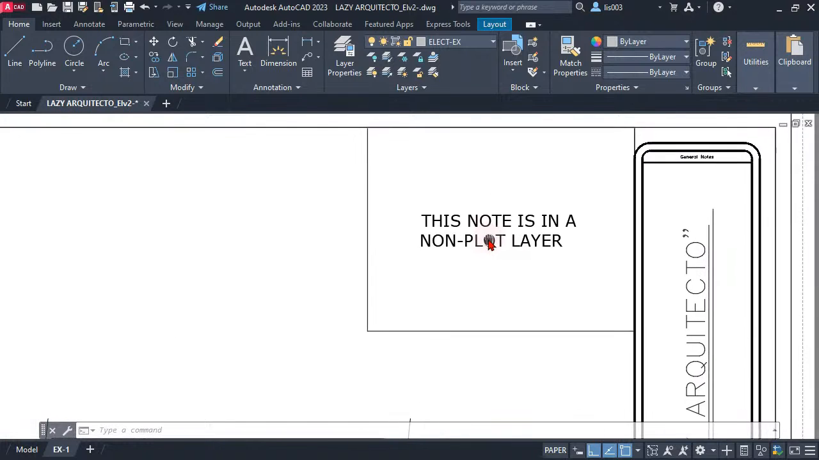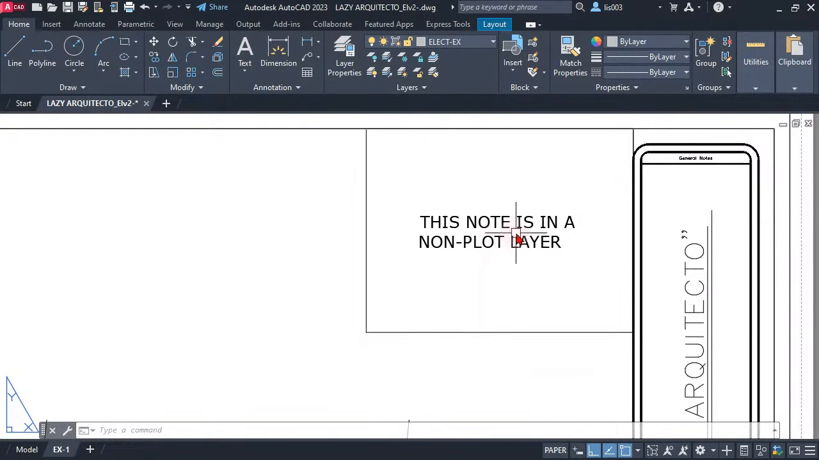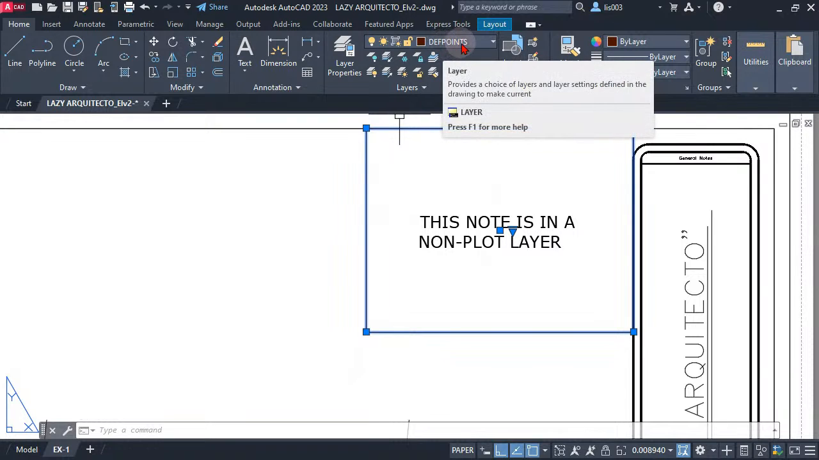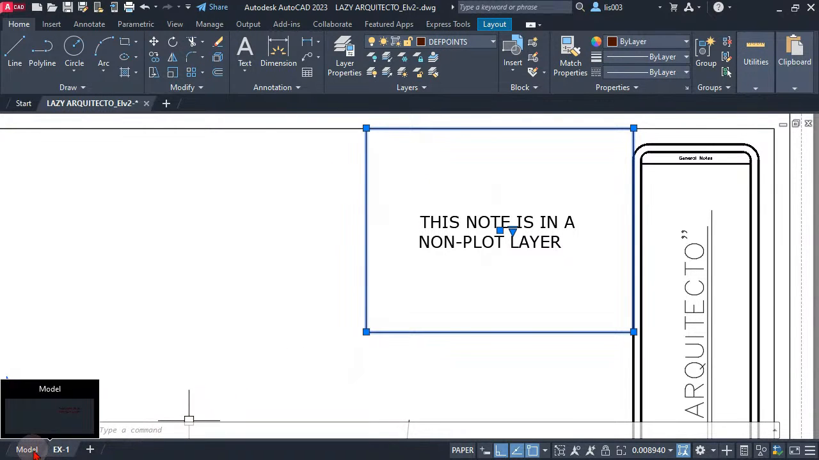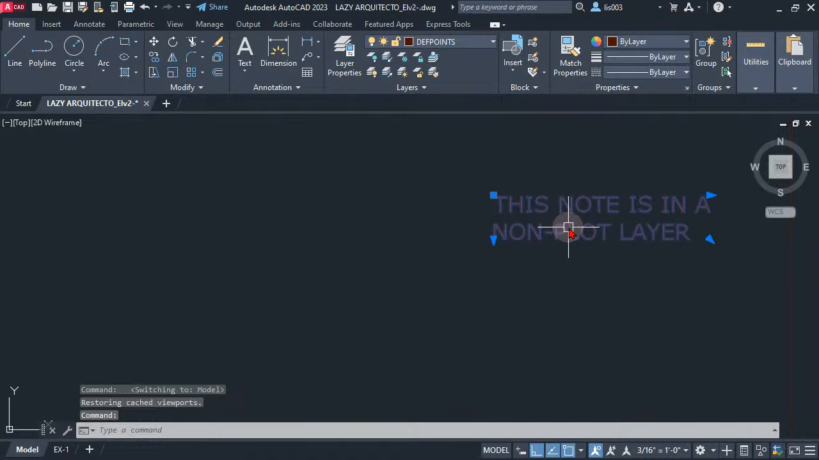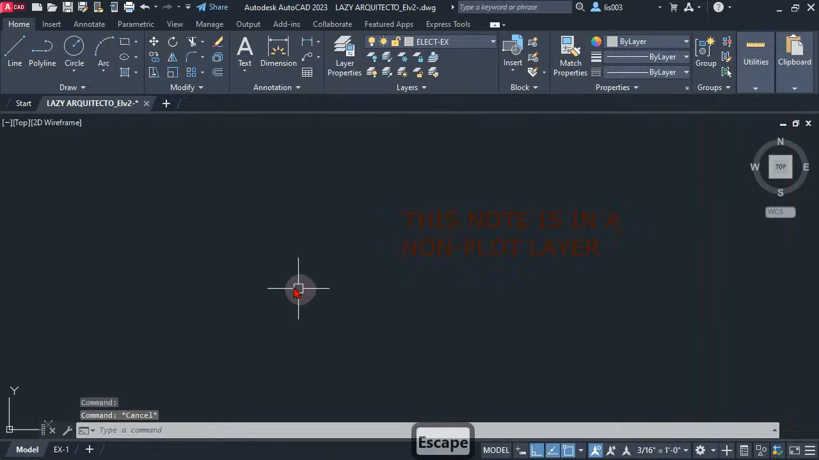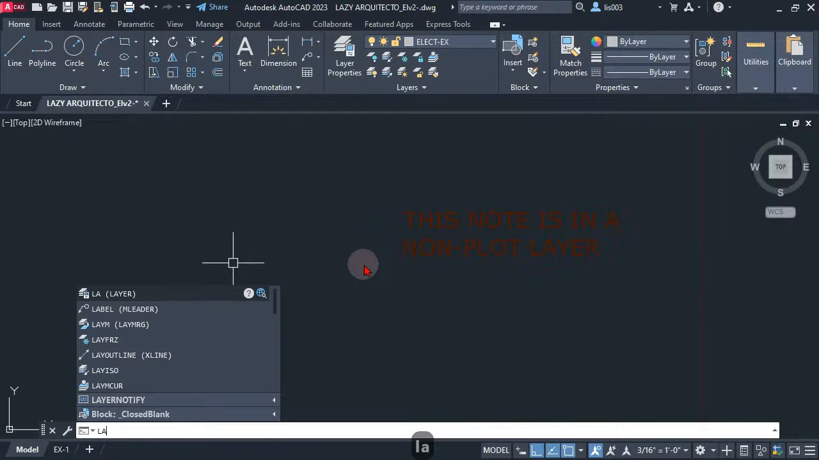For that, we need to change the color of the layer that we're using as a non-plot layer. By non-plot, let me explain. These two, this text and this viewport, are on a layer called Defpoints. Let me show you. Let's go to model space, and that's the text, and it's on Defpoints also. So this node is in a non-plot layer. By that I mean, if I open my layer palette with the shortcut LA,